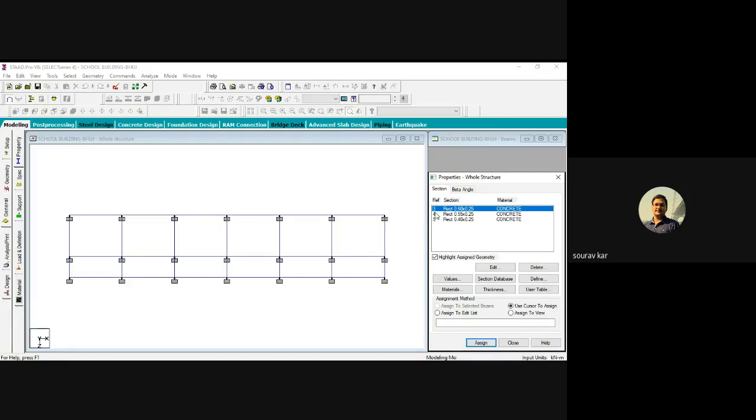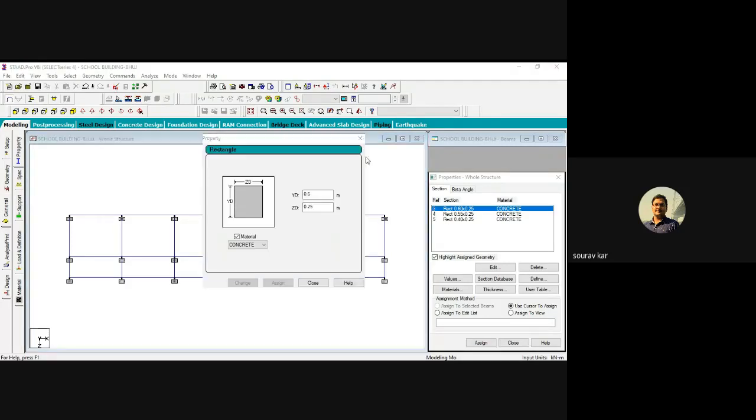If you want to make it 1 2 3, because there are two more beam sections which I will create for columns, so if you want to write this number sequentially, we will go to stat editor, which I cannot show here now, and we will make the 345 as 1 2 3. I have not assigned yet, so no problem.